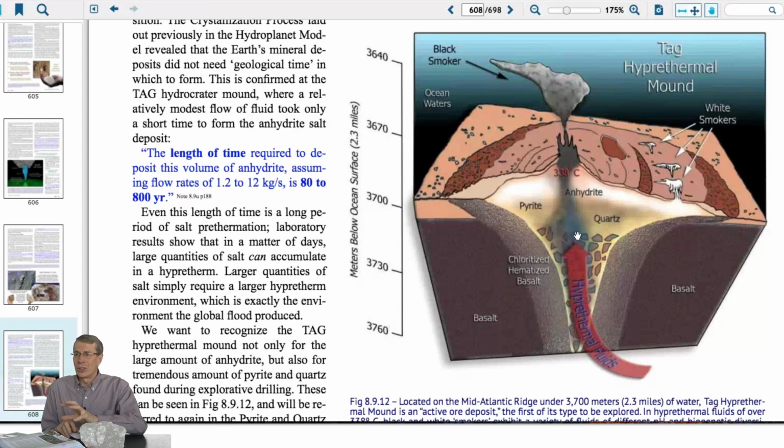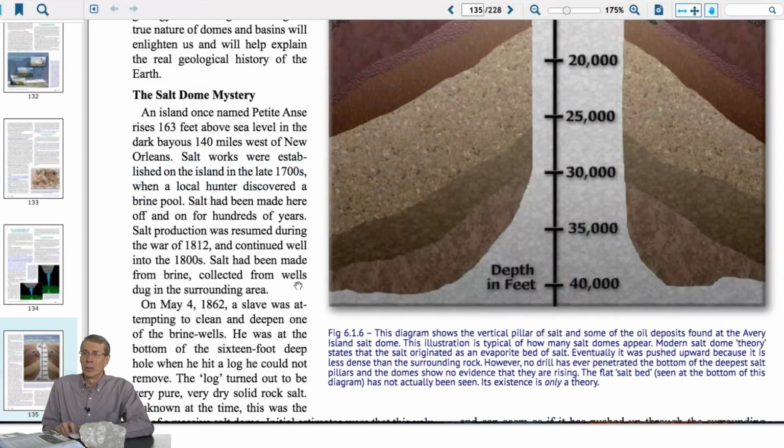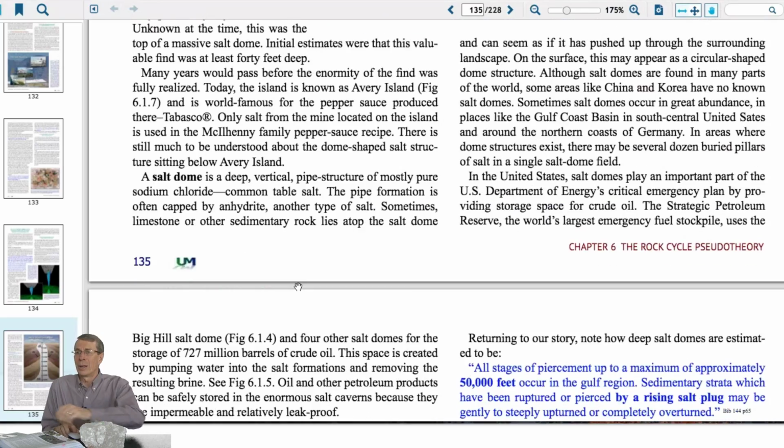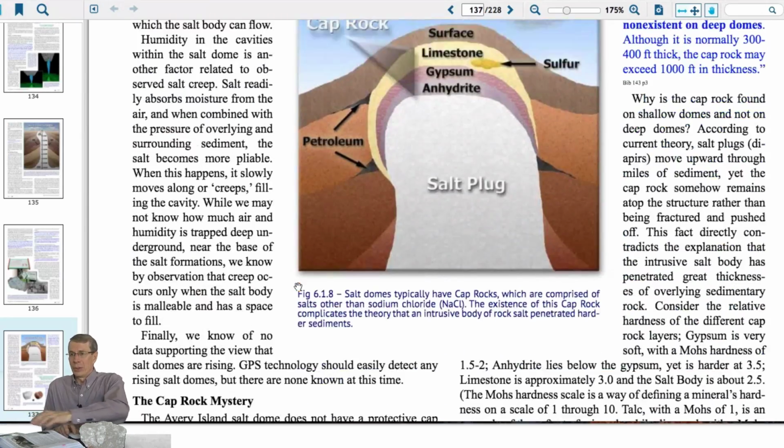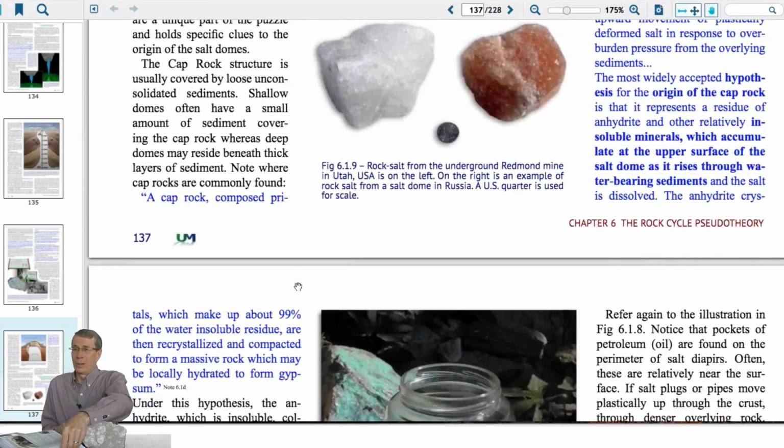The reason we can show this diagram and the cross section of it is because we've actually drilled down to this mound. This is on the bottom of the ocean. Think about that just for a minute. This is the bottom of the ocean, and there's hot stuff coming out here. Matter of fact, I'm going to show you a real live one. We'll come right back to this. I'm going to show you a live one, what this looks like here. I think there's one right down here.